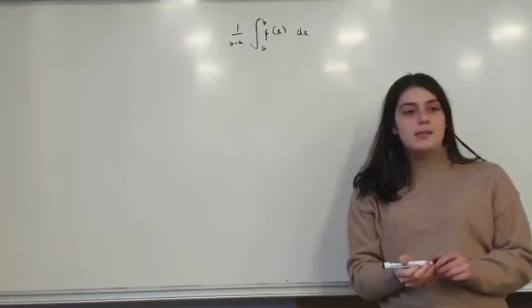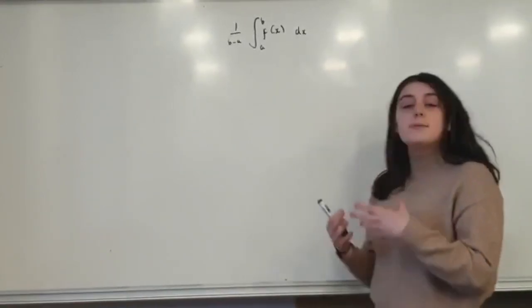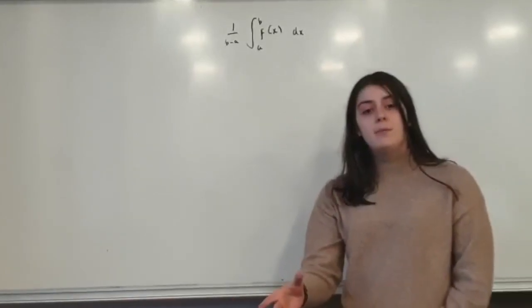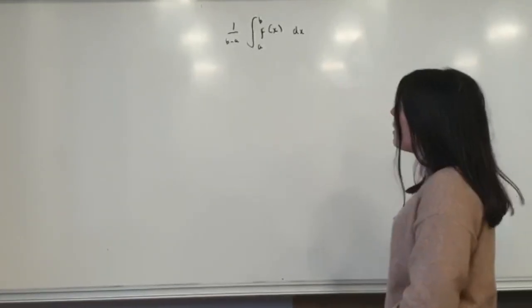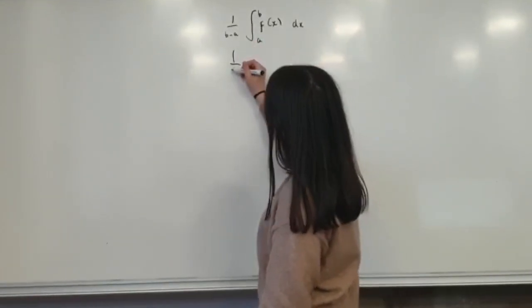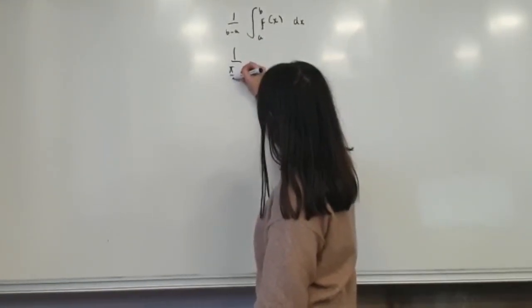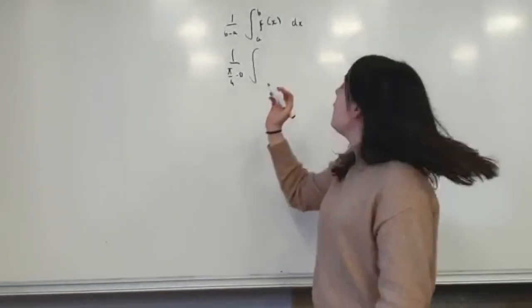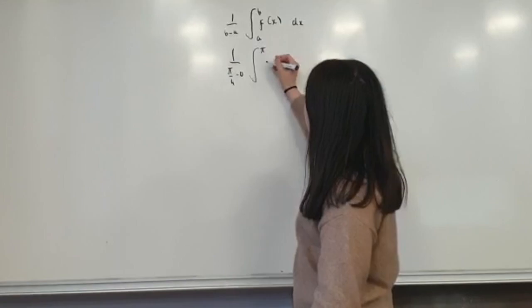So we're going to apply something very similar here. As we know that our maximum value is pi over 4 and our minimum value is 0, we are going to sub these in. So 1 over pi over 4 minus 0 integrated between pi over 4 and 0